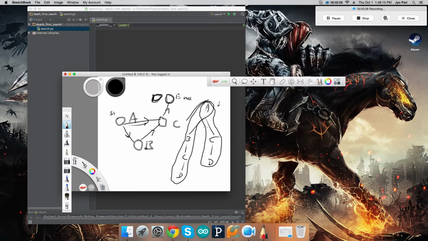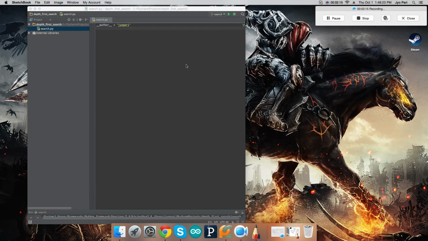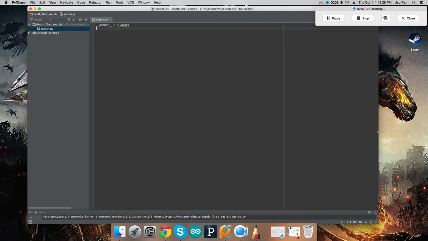So you can pause it right now to understand this a bit more, but I think that should be good. So let's just open up a new Python file. I'll be using PyCharm as my editor, and now let's create a class, and we'll call this node,